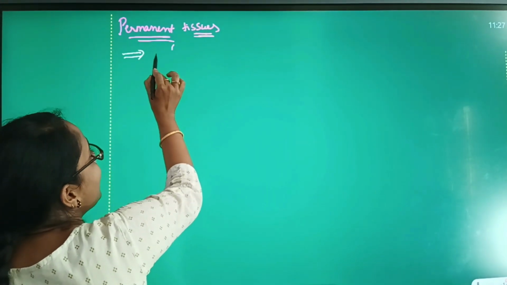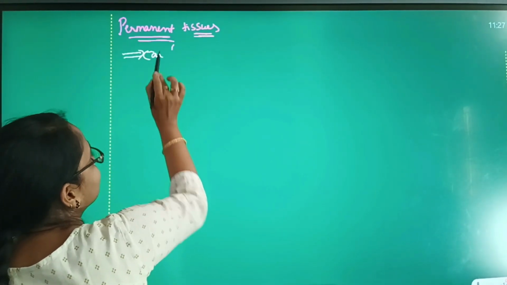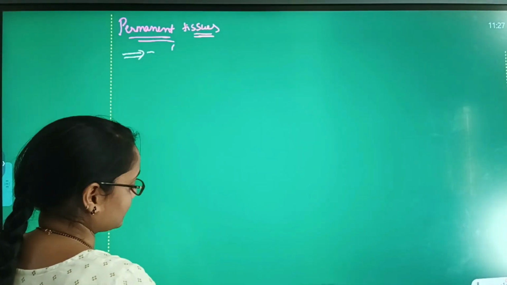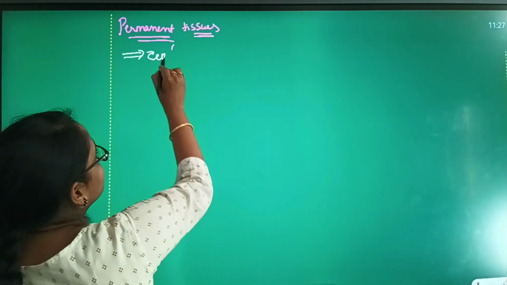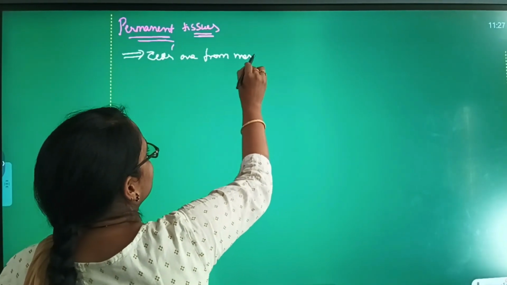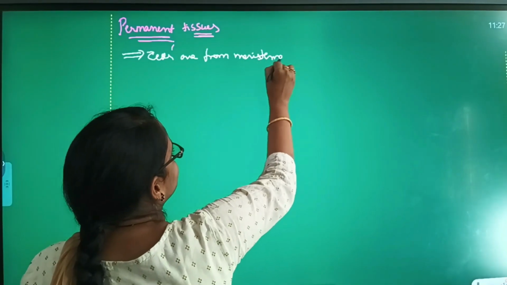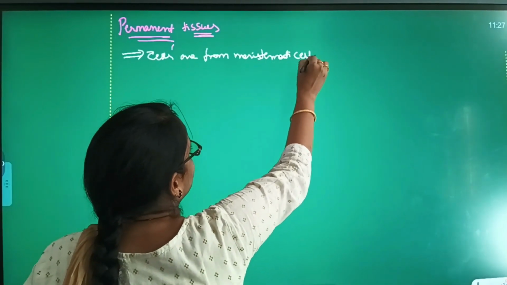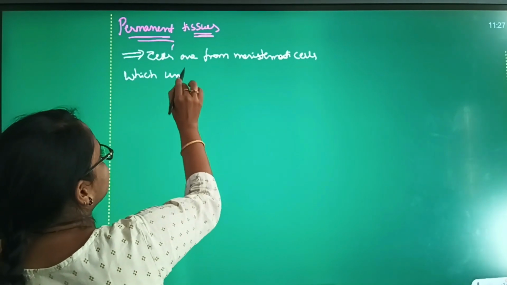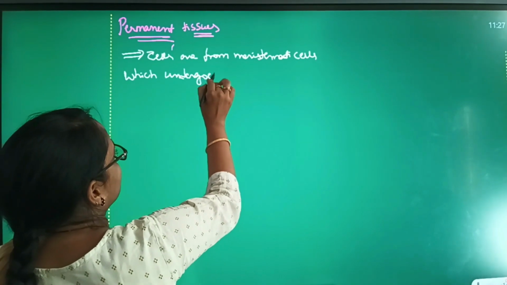Permanent tissue cells are from meristematic cells only, which undergo differentiation,